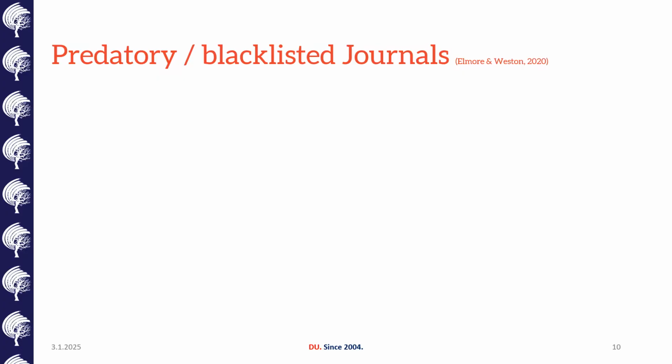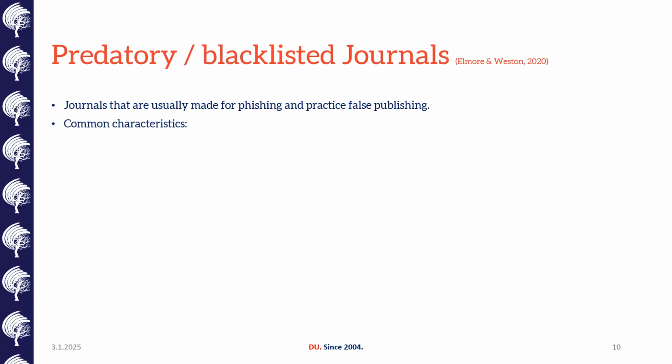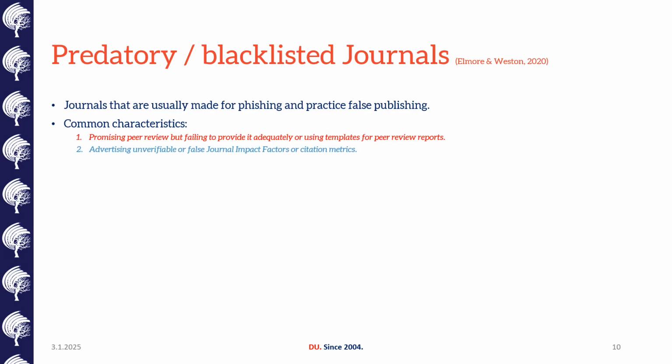Elmore and Weston define predatory journals, also referred to as fraudulent, deceptive, or pseudo-journals, as those that masquerade as legitimate scholarly publishers while deceiving authors in the publishing process. They identify 14 common attributes of such journals, which include promising peer review but failing to provide it adequately, or using templates for peer review reports, advertising unverifiable or false journal impact factors or citation metrics, offering unrealistic publication timelines,